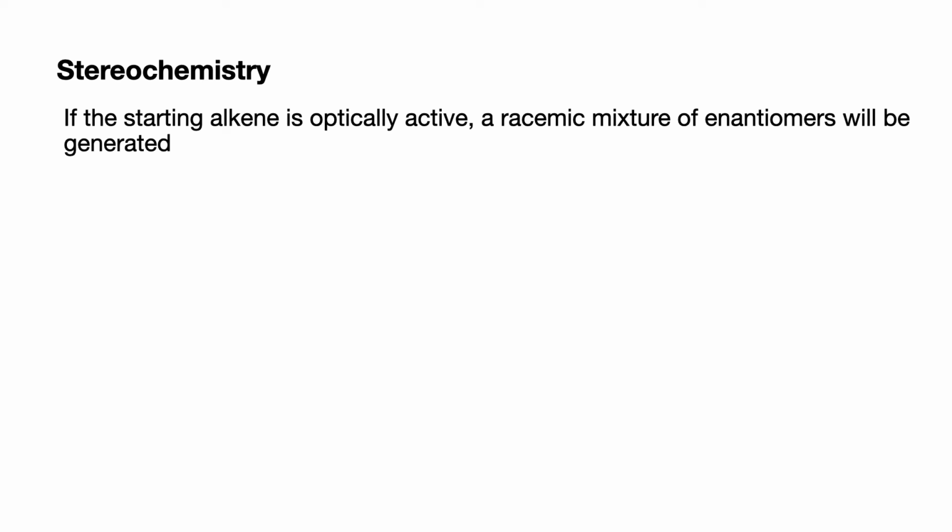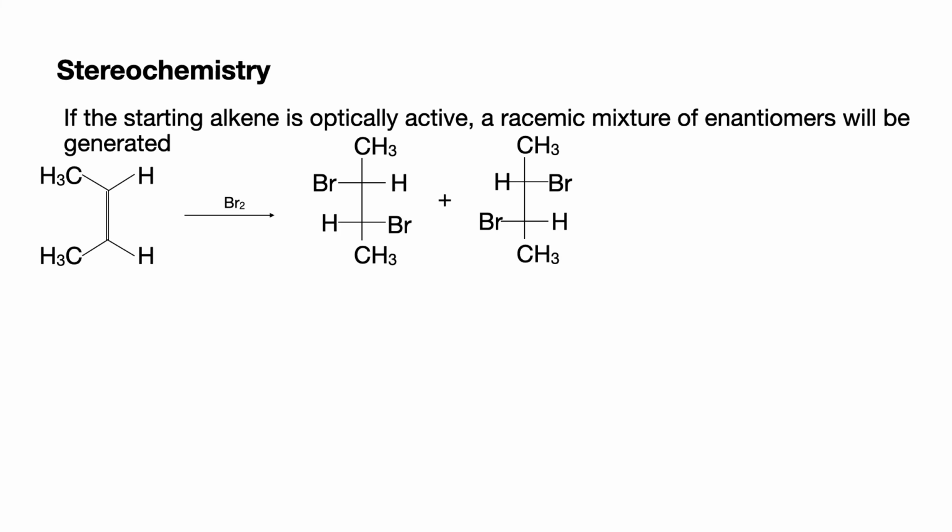All right, let's talk about the stereochemistry. So if the starting alkene is optically active, then we're going to have a racemic mixture of enantiomers generated. So let's take this structure of cis-2-butene, and we're going to add bromine. As you can see, we get two enantiomers,